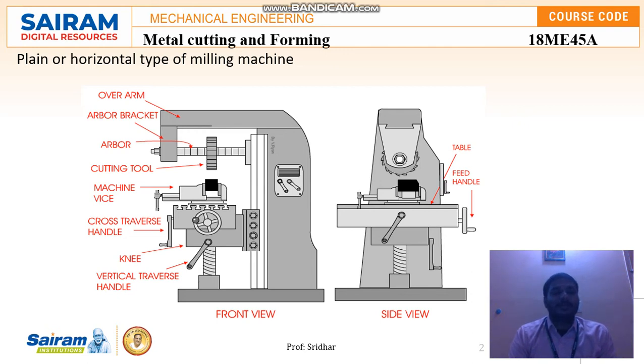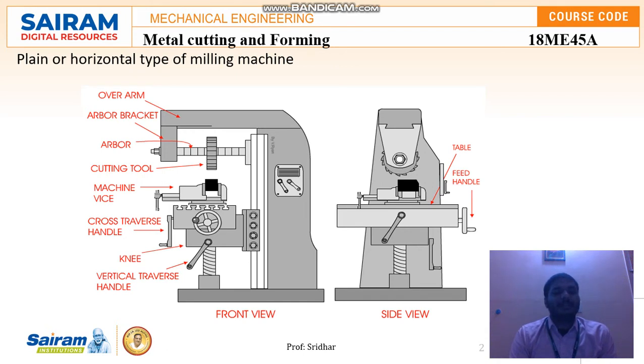For a proper machining process we use this knee, with which we can increase the height for a certain distance. We can't increase it for a large distance, only within the given limits. So we can easily adjust the gap between the tool and the workpiece for smooth operation in different machining processes.